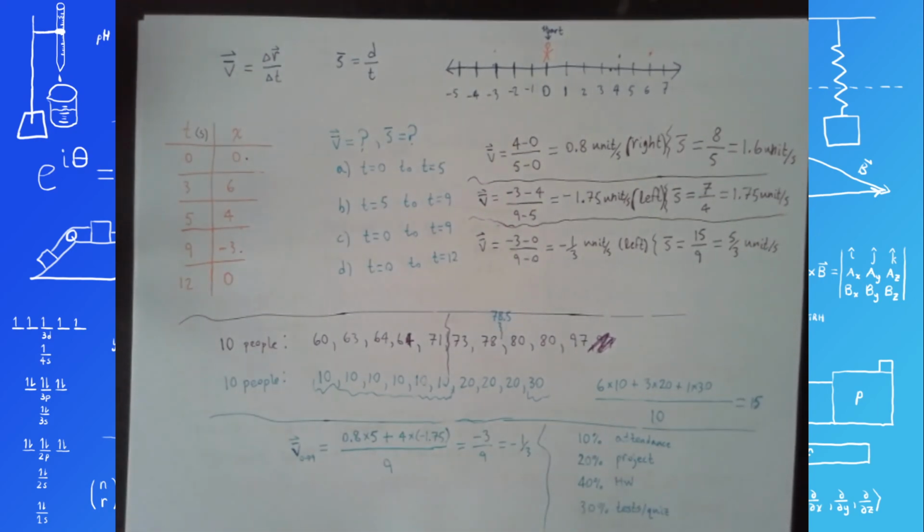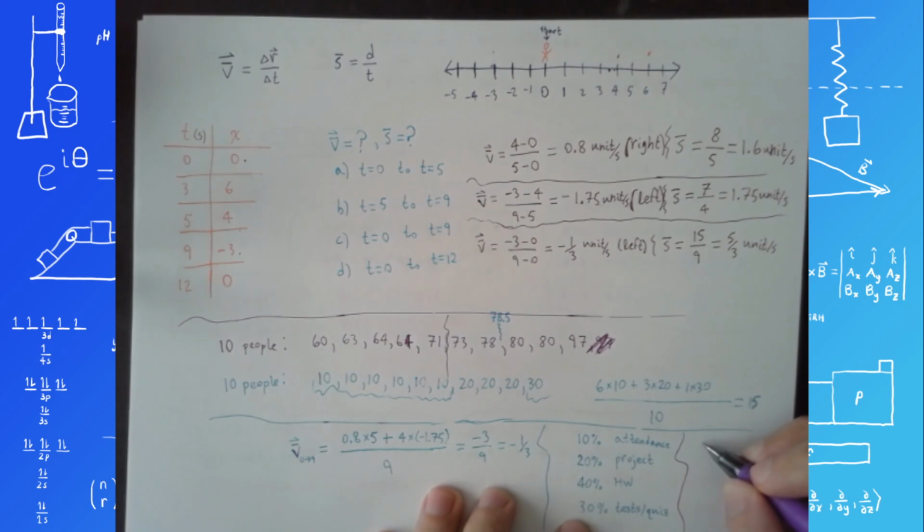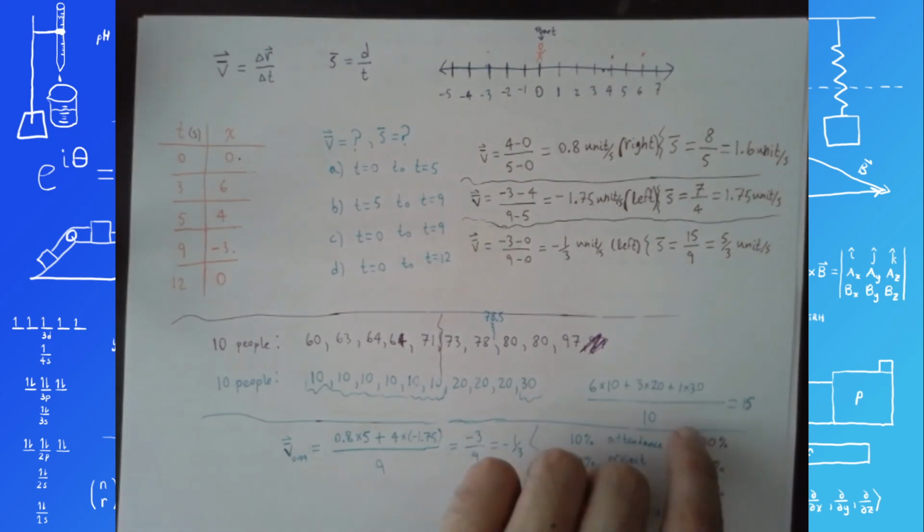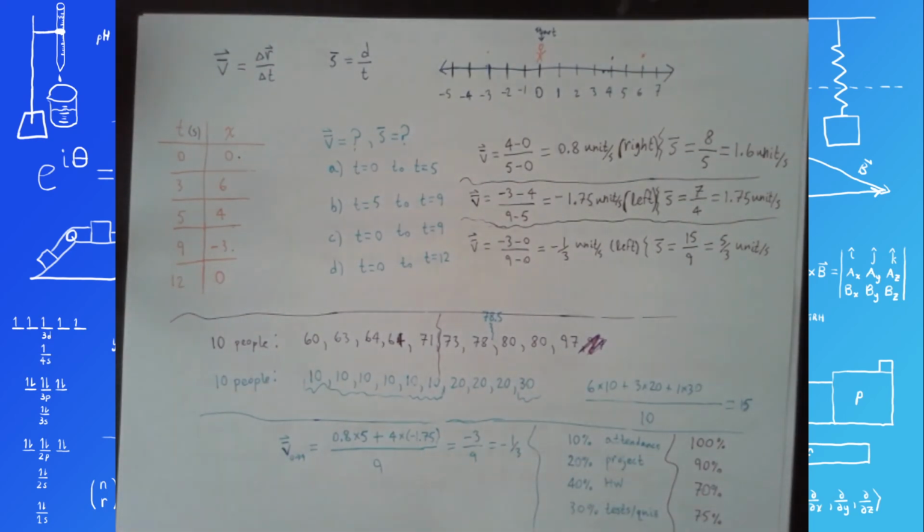So if I scored, let's say I had perfect attendance and I got 100% on my attendance, and I did okay on my project and I got 90%, but then I didn't do so well with the homework and I got 70%, and I got, maybe after cramming, 75% on tests and quizzes, I wouldn't just go 100 plus 90 plus 70 plus 75 and divide